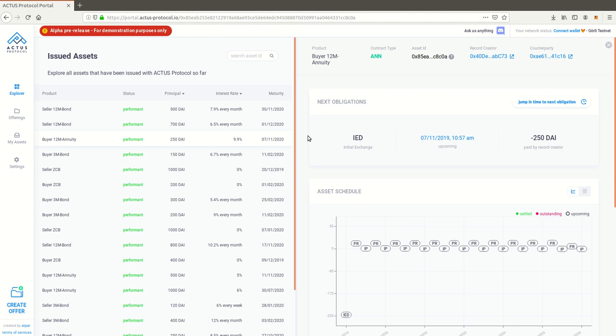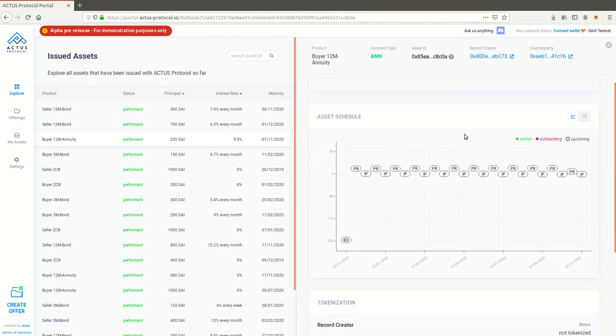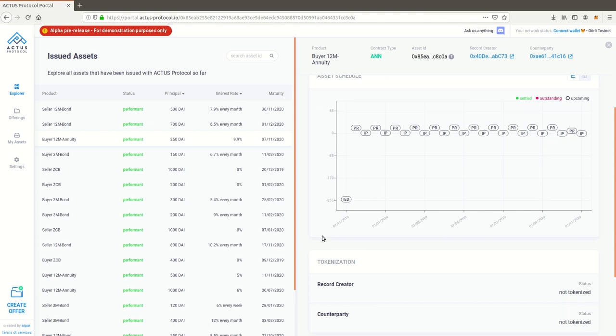payment obligations that are due, that are upcoming at any point in time, which is updated dynamically given the activities of the parties. So if an obligation has been settled, you'll obviously see that reflected here. You'll find a full asset schedule, again, which is updated dynamically, reflecting all the payment obligations that are coming up or other events during the life cycle of that asset, which could be for variable rate instruments also a rate reset event, as an example. You'll see whether these payments have been made, whether they're outstanding or upcoming. Furthermore,